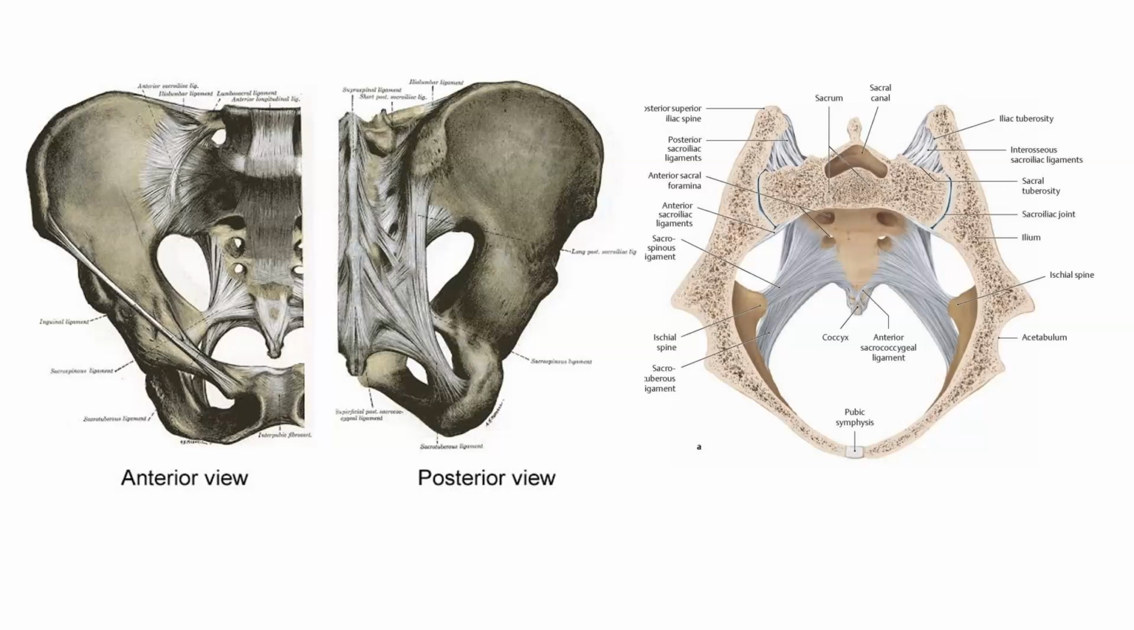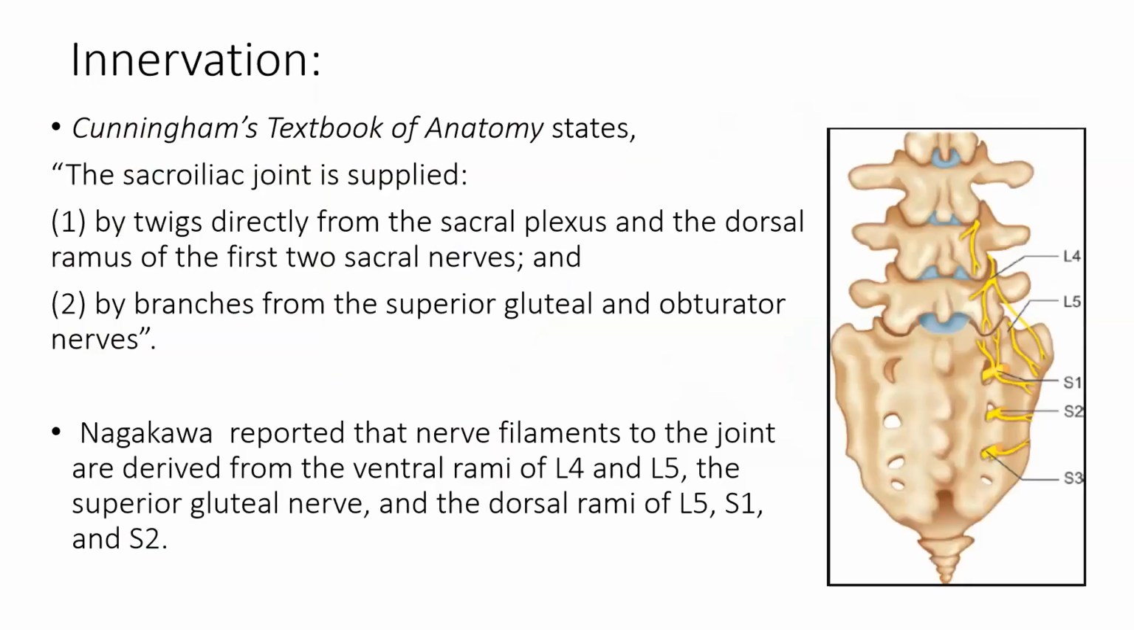And when it comes to nerve innervation, the pain pattern in sacroiliac dysfunction varies from person to person because of the varied nerve innervation. According to Cunningham's Textbook of Anatomy, the sacroiliac joint is supplied by twigs directly from the sacral plexus, from the dorsal rami of the first two sacral nerves, and branches from the superior